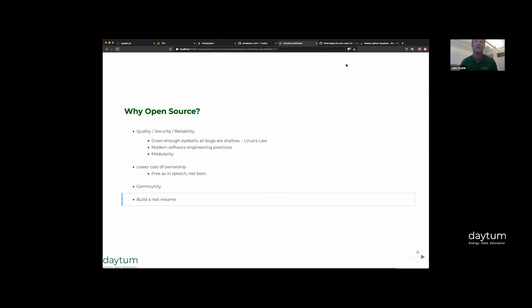But nevertheless, when you work with and contribute to open source software, when you follow good software engineering practices, when you embrace this idea of openness so that you have fewer bugs and a lower cost of ownership and a community, what you also do as a byproduct is you build a real resume, right? And what I mean by that is, again,